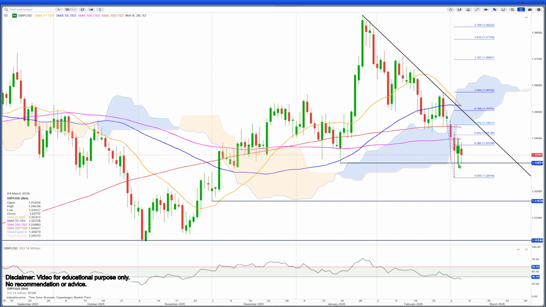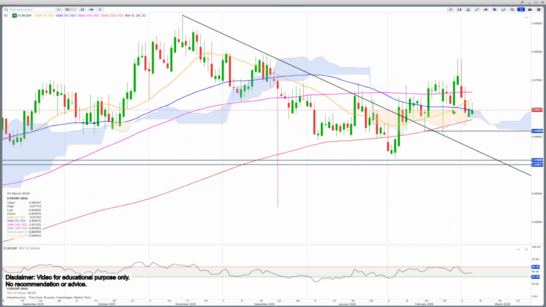But I think if we take out the past few days lows here, both today and yesterday here at 133, then we will also see a challenge of this low, and then we could see it down in this region here. Euro sterling, this frustrating currency pair at the moment, and the reason for this is that you have